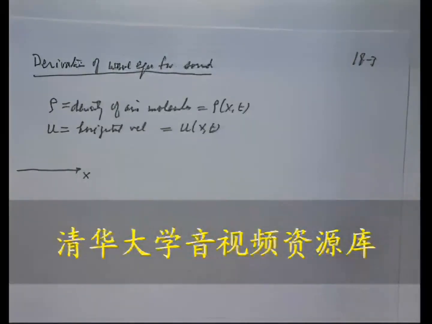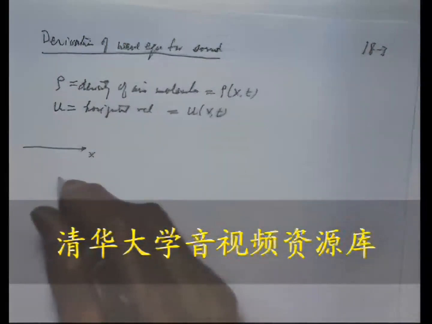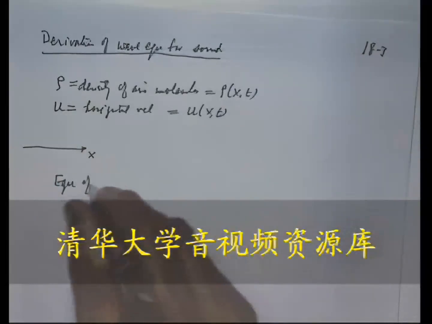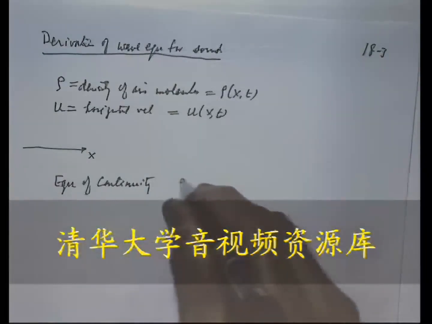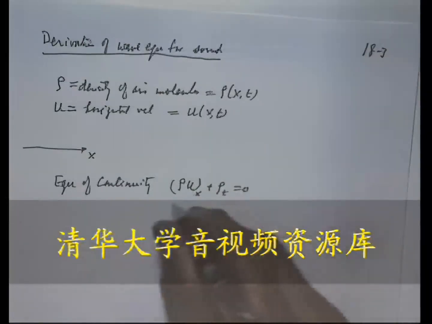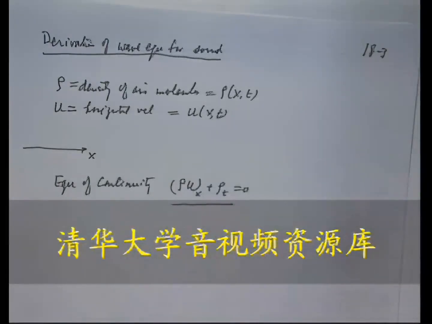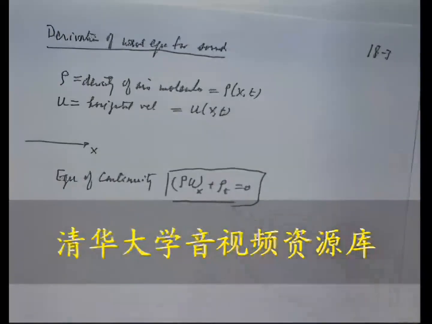The first thing we write is called the equation of continuity: the derivative of rho times u with respect to x, plus the derivative of rho with respect to time, is equal to 0. This equation is very important, in fact